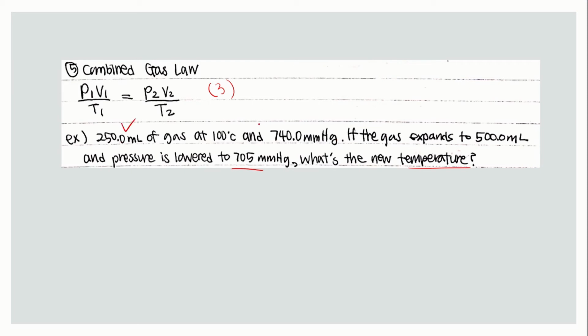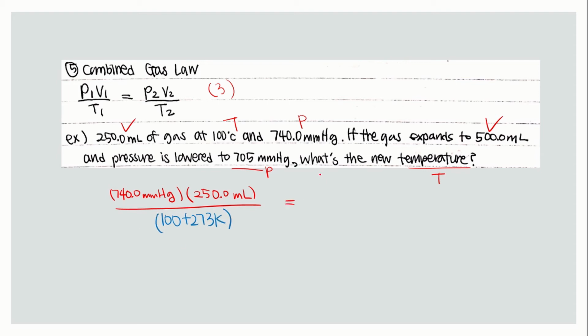So it gives a value for volume, temperature, and pressure. And here volume, pressure, and asks for temperature. So you have to set up the equation. So P, which was 740.0 millimeter mercury, times volume, 250.0 milliliter, over the temperature, 100 degrees Celsius. But you have to make sure that it is in Kelvin. So it will be plus 273 Kelvin equals the pressure